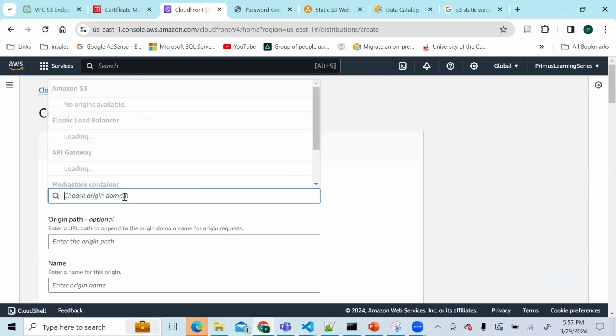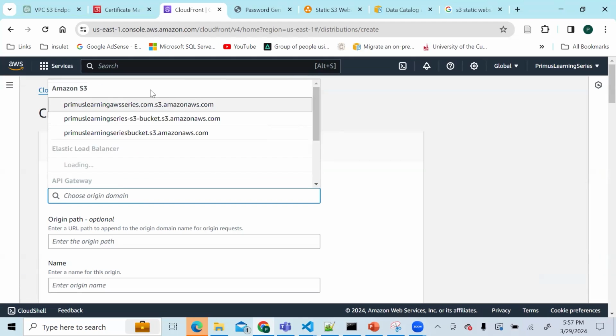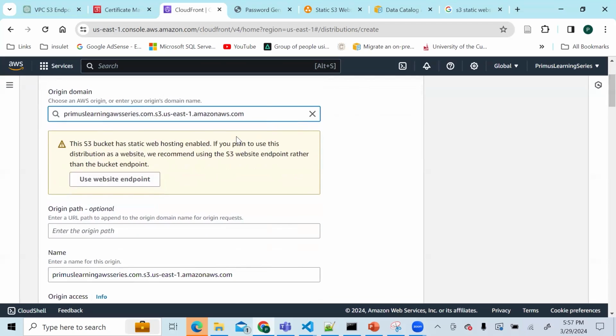So we'll choose the distribution we want to create. And you see the S3 origin will come up because it sees it. So our domain name, or our S3 bucket, was primuslearningawsseries.com. That is what we want to select here. We select that, and it says this